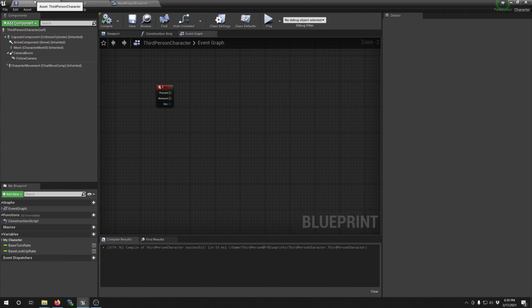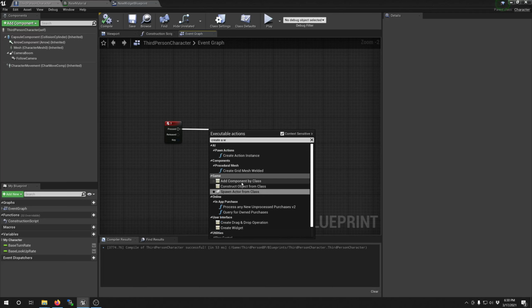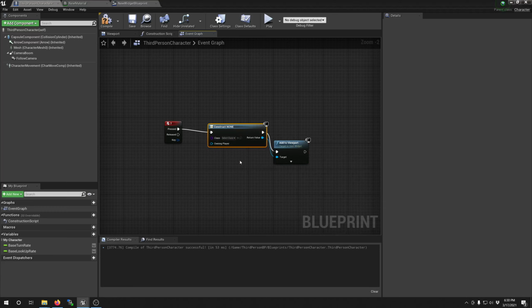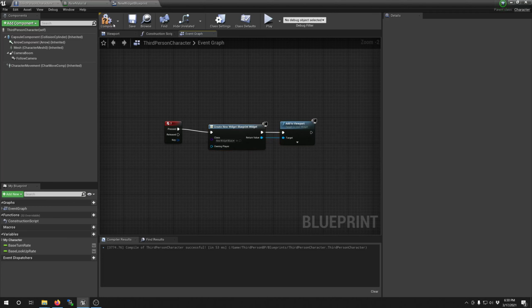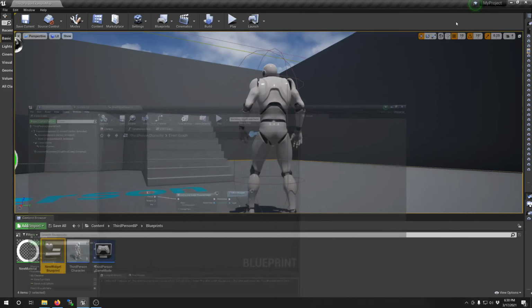And just to complete it for demo purposes, let's add a widget. Save everything, compile, save everything,